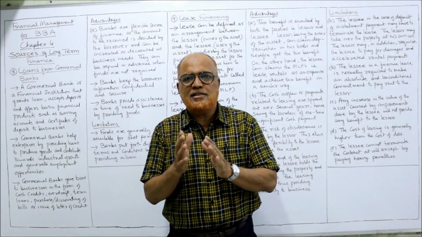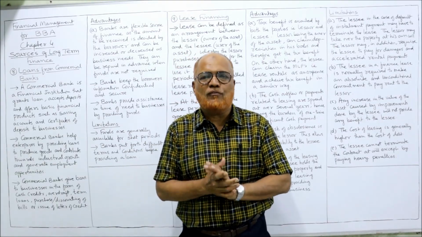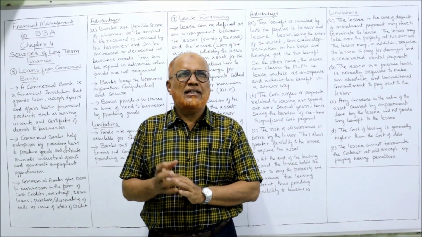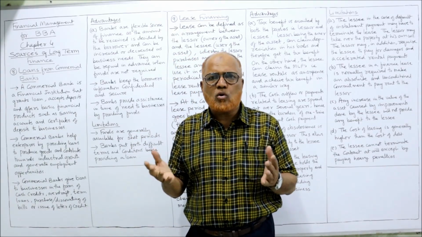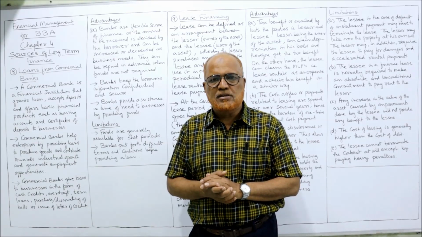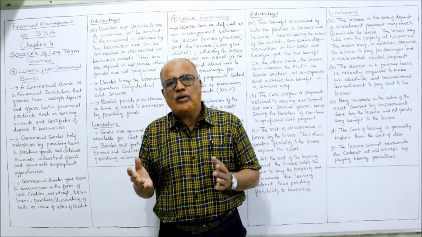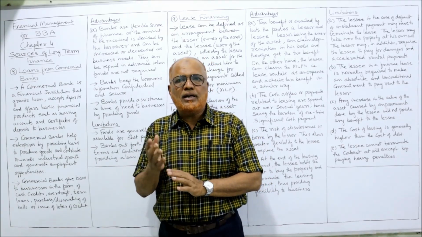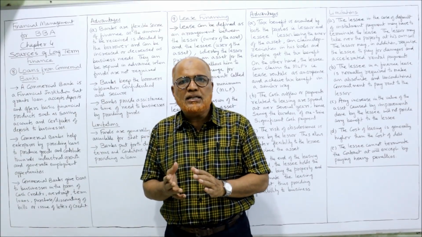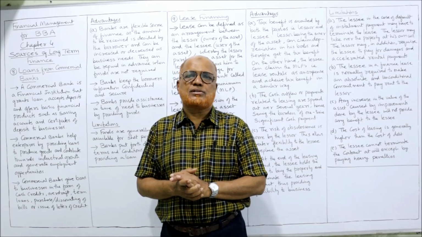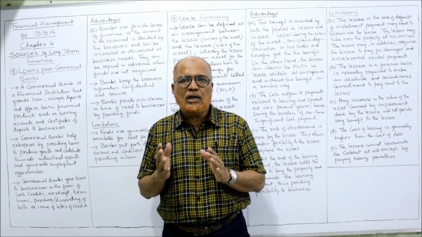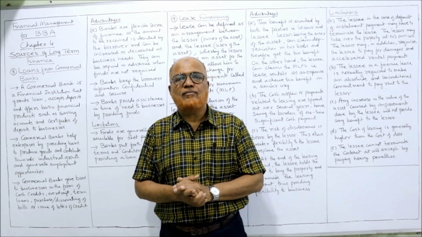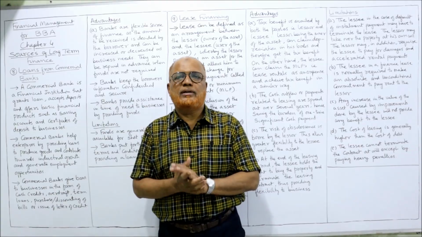I'm Hasham. This is the third video on sources of long-term finance. In the first two videos I have completed nearly 7 long-term sources which are commonly applied in businesses. The first one, equity shares. What are equity shares? What are the advantages, limitations? Then preference shares, advantages, limitations, debentures, bonds, retained earnings, public deposits, and loans from financial institutions. These are the 7 sources of long-term finance I have explained to you in the last 2 videos.